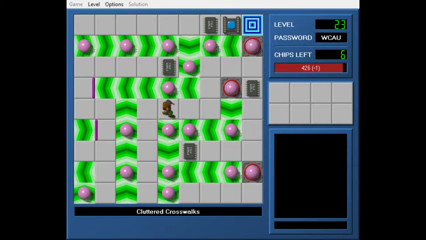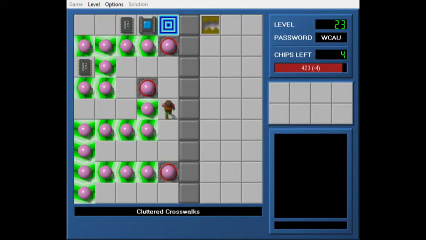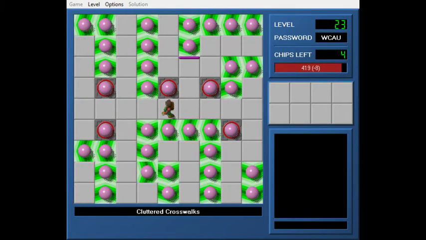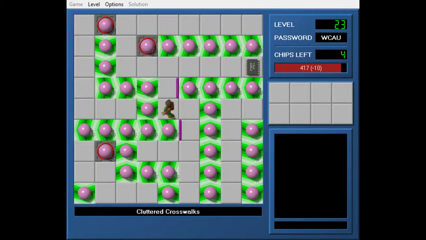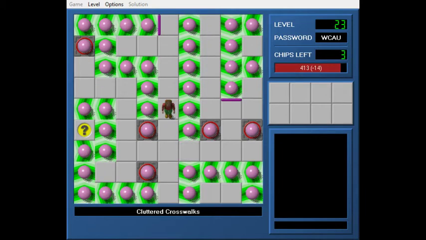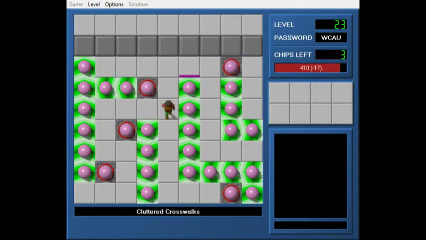I could have made it through that. Yeah, you can see the entire gimmick of the level is after enough time passes, all of the force floors fill with pink balls, and now you're left with just a normal maze. I'm really happy with how this level got constructed, and I think it's pretty fun, though it is possible to